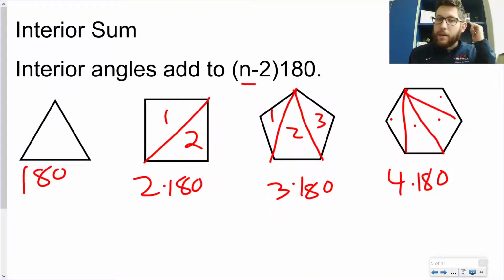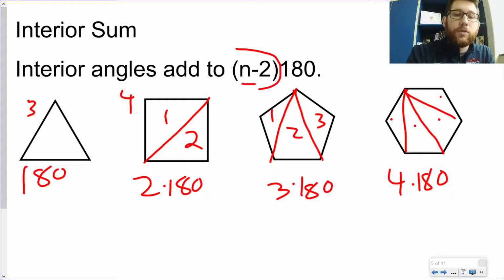Instead of thinking about it that way, let's think about it this way. Let's think about the number of sides and how they relate to the number of triangles we have. So notice here I have 3 sides, and how many triangles? 1 triangle. I've got 4 sides and 2 triangles, 5 sides and 3 triangles, 6 sides and 4 triangles. Or what I can say is the number of triangles is equal to the number of sides minus 2, times